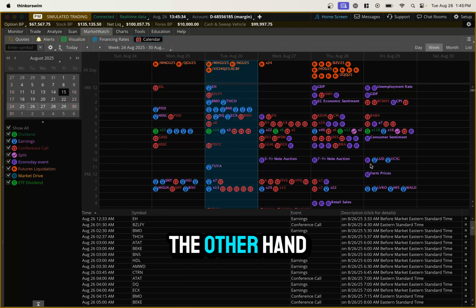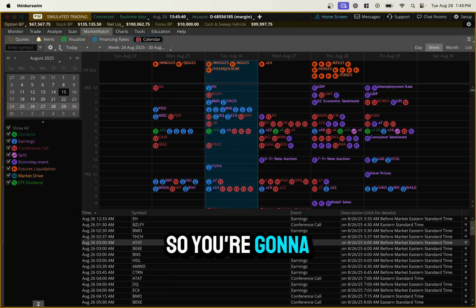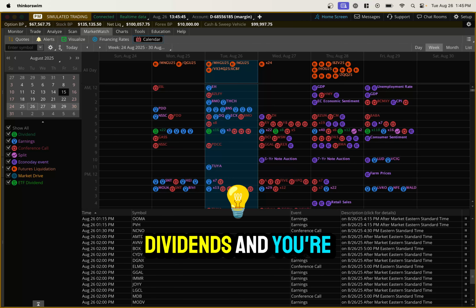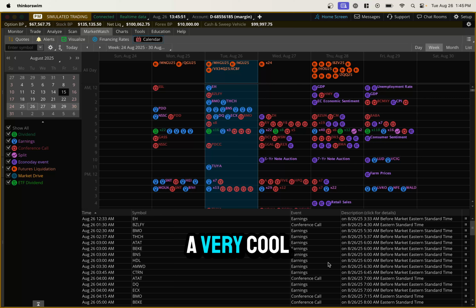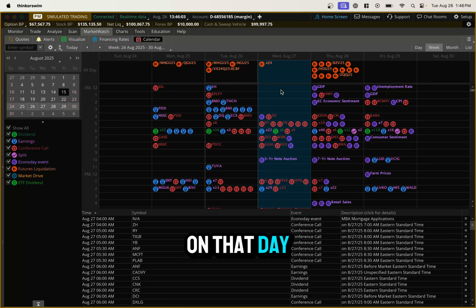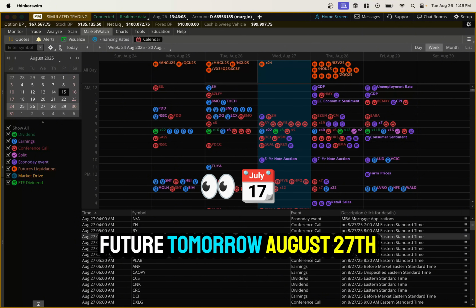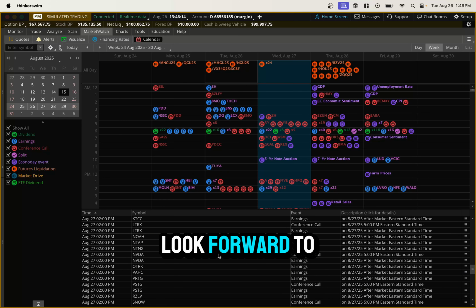The calendar, on the other hand, is going to show you everything that's going on each calendar day. So you're going to have earnings, conference calls, dividends, and you're even going to have economic events happening as well. So this is a very cool tool that you can use to just see what's on the agenda for today in terms of the overall market, any hot events that are going to be happening on that day. So, for example, if you want to see what's going on in the future, tomorrow, August 27th, you're going to have a whole different list of events happening for you to look forward to and maybe try and